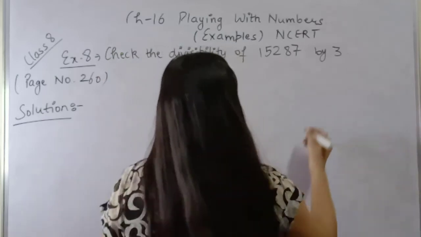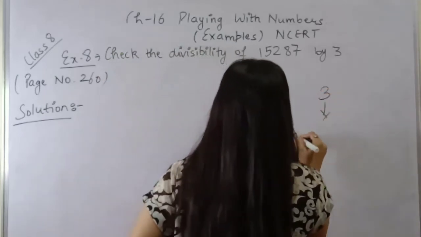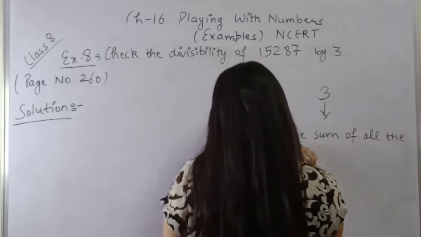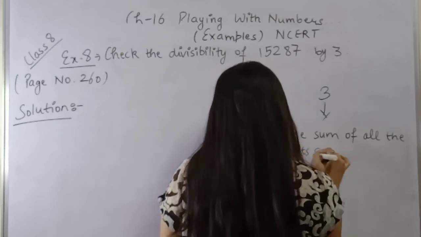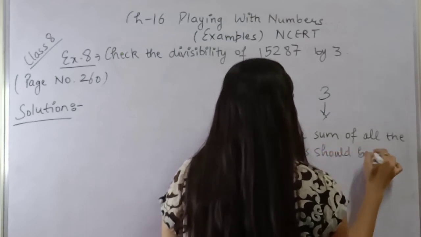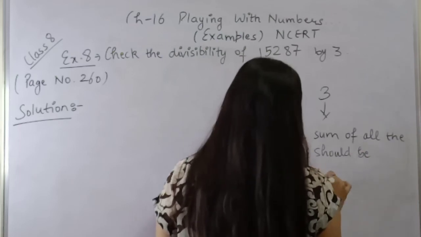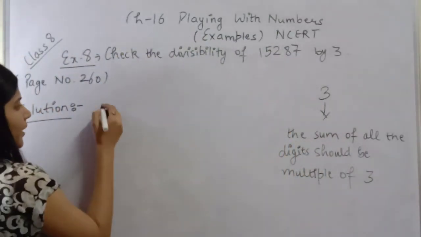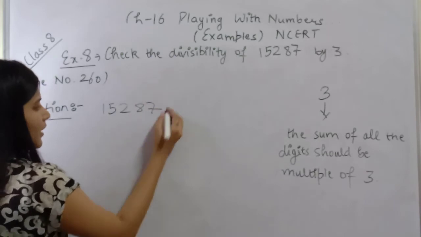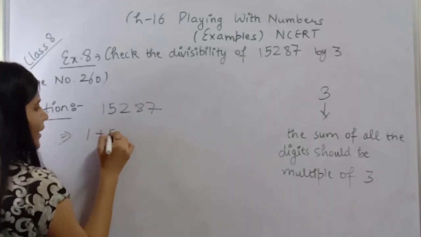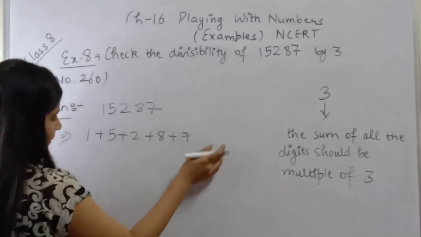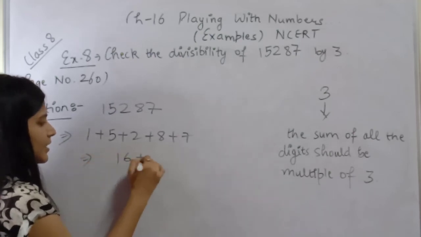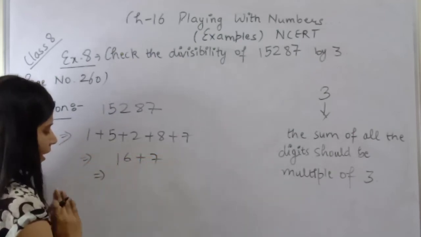So for that we should know the divisibility test of 3, which says that the sum of all the digits should be a multiple of 3. Let's check by adding all the digits. So the solution would be 15287. ये इसको हम करेंगे, all the digits को add: 1 plus 5 plus 2 plus 8 plus 7. So what we'll get? 5 plus 1 is 6. 6 plus 2 is 8. 8 plus 8 is 16. 16 plus 7. So ये हो गया